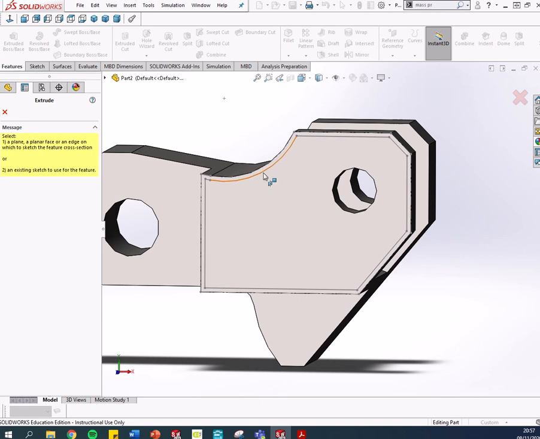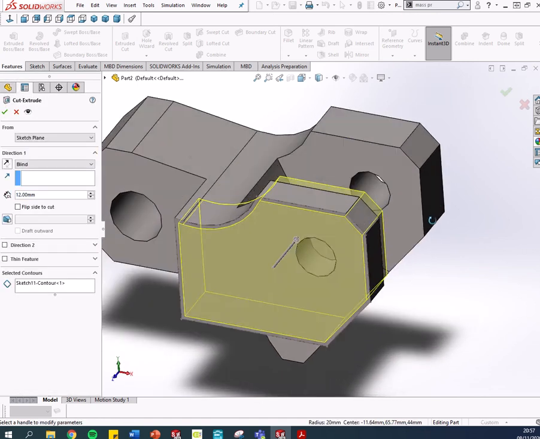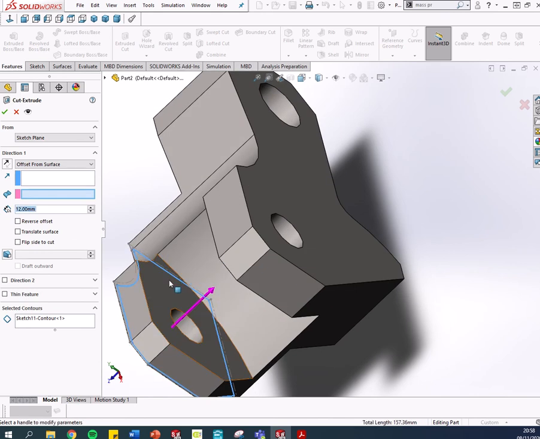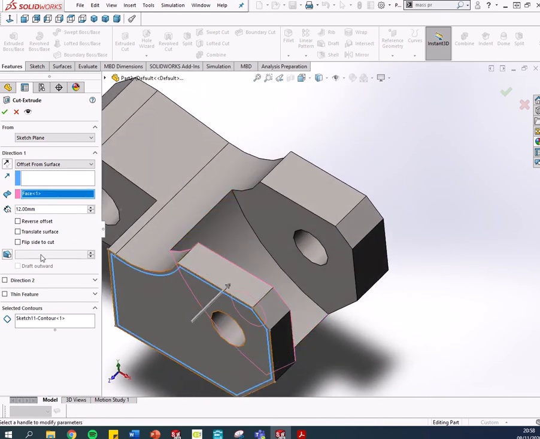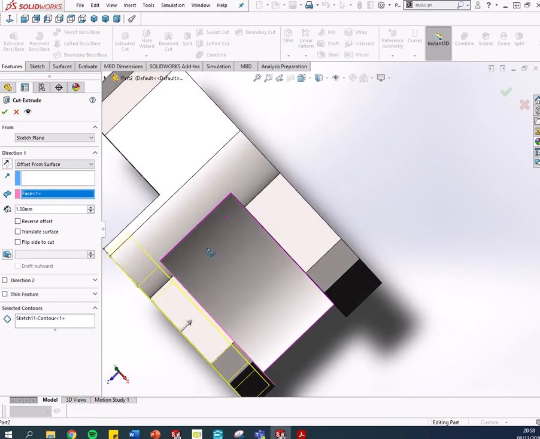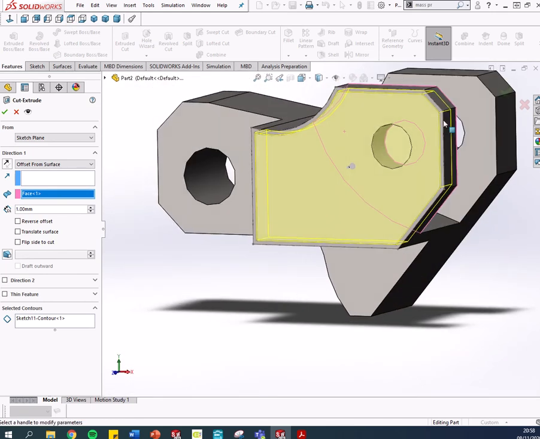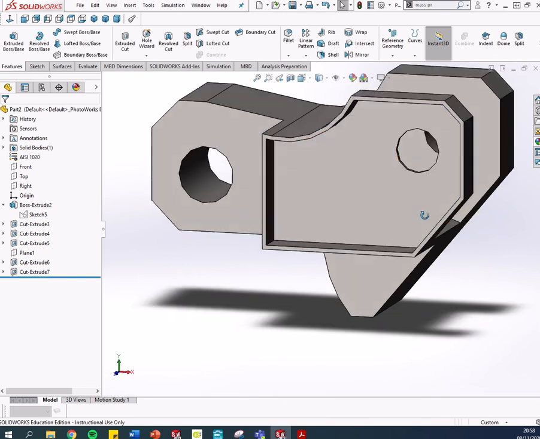So features, extruded cut, select the profile, offset surface, that's the surface there, and I want to go to a 1mm offset, so you can see what it's doing. If I go to a plan view, it's leaving it 1mm short, and that's what I want. Okay,